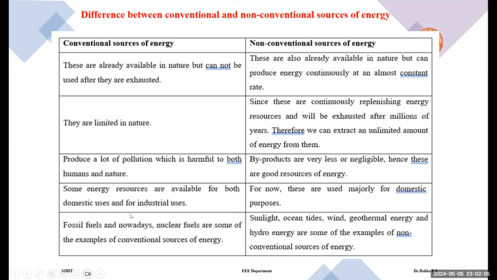Coming to examples of sources of energy: fossil fuels and nowadays nuclear fuels are some of the examples of conventional sources of energy. For the non-conventional, sunlight, ocean tides, wind, geothermal energy, and hydro energy are some of the examples of non-conventional sources